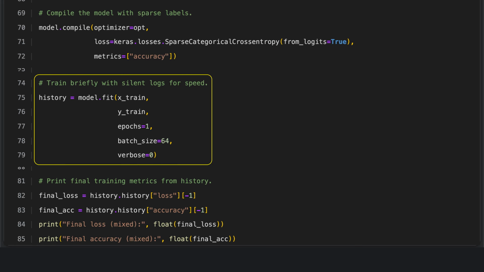The model is trained using a fit function that takes the training data and labels and runs for one full pass through the dataset, known as one epoch. It uses a batch size of 64, meaning it updates its weights after processing 64 samples at a time. The training output is silenced by setting the verbosity to 0, so no progress messages are shown. This quiet single epoch setup is useful for quick demonstrations, or when you only care about the final results rather